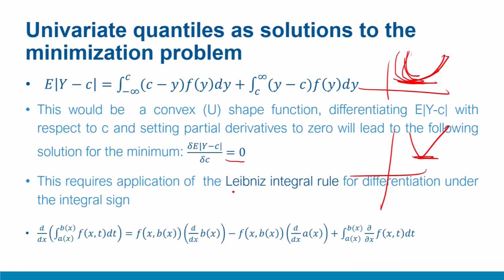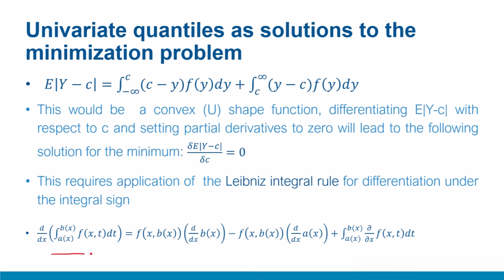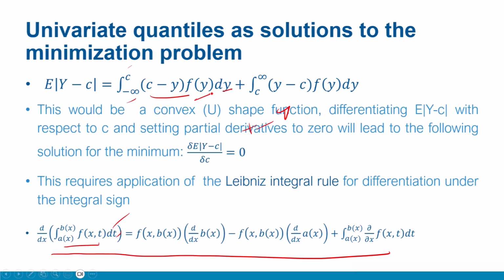Now this requires application of the Leibniz integral rule for differentiation under the integral sign. So there is an integral sign. We are looking at the first term first. So let's look at this Leibniz rule and try to match it term by term. Here the limit is from minus infinity to c and we are differentiating with respect to c. First and foremost, look at this expression. Here t is parallel to y, so you can think of this dt as dy, and this function f_y, which is your probability density function,